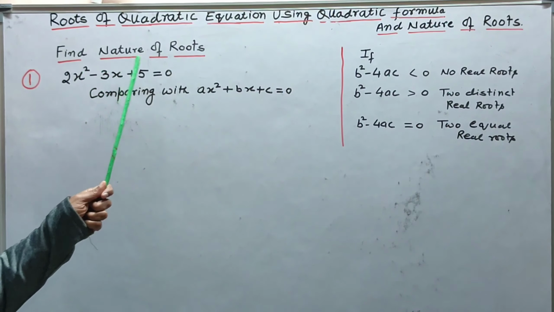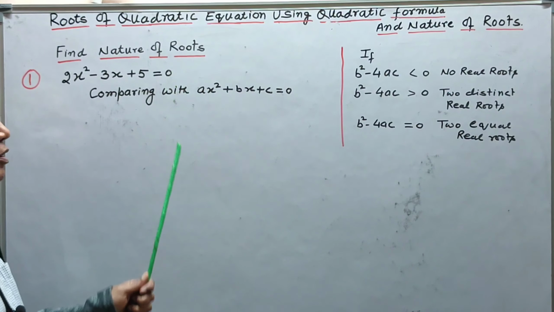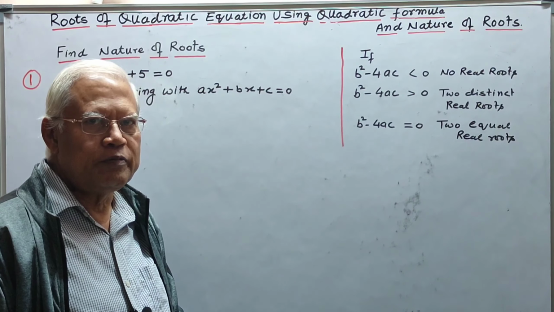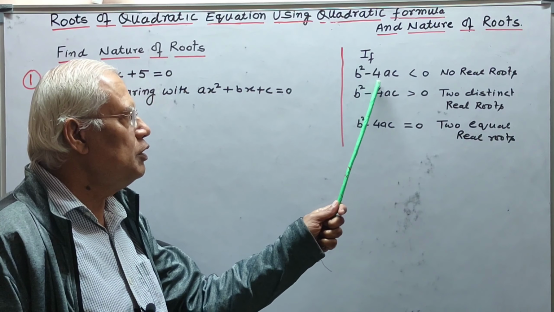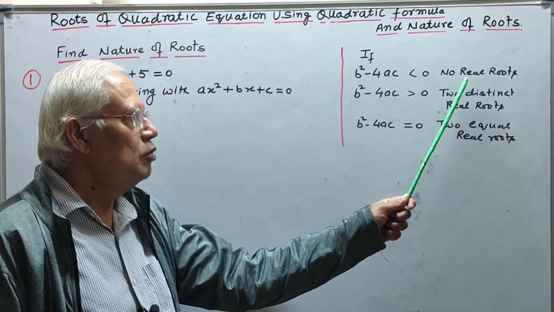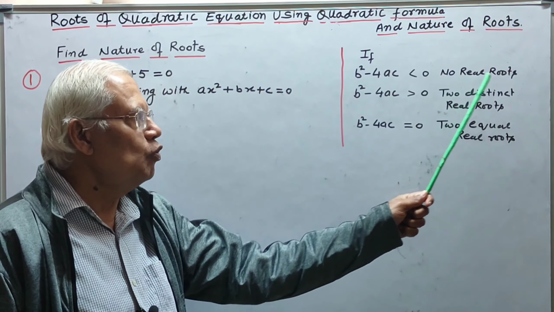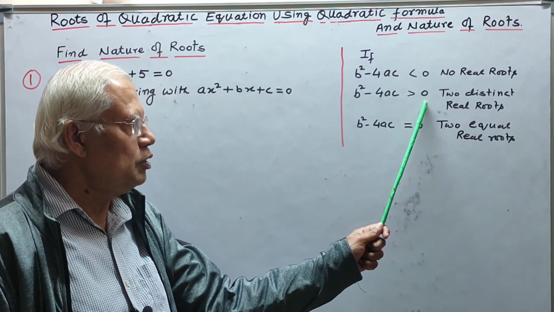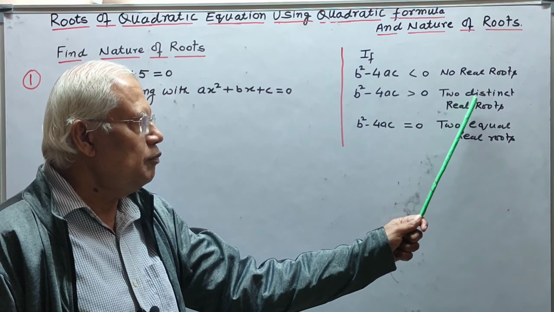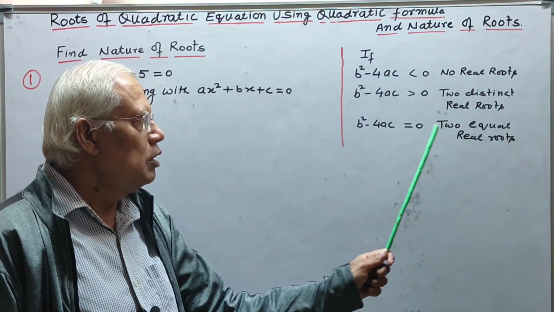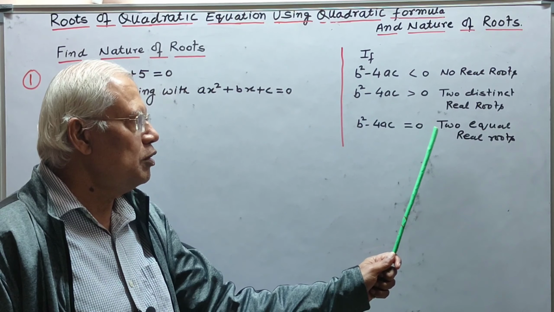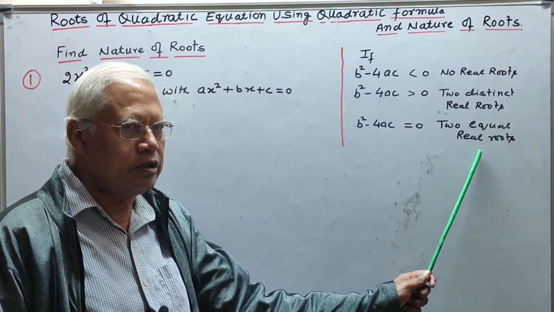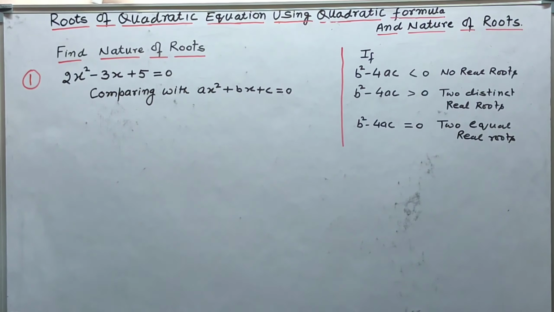Now we will find nature of roots of a given quadratic equation. We know that for a quadratic equation ax square plus bx plus c equal to 0, if b square minus 4ac is less than 0, the quadratic equation will have no real roots. And if b square minus 4ac is greater than 0, means positive, the quadratic equation will have two distinct real roots. And when b square minus 4ac equal to 0, the given quadratic equation will have two equal real roots. So let us find the nature of